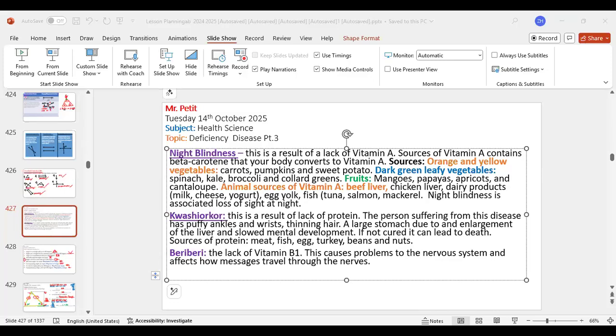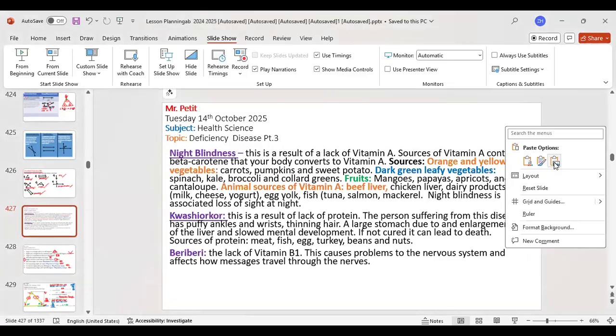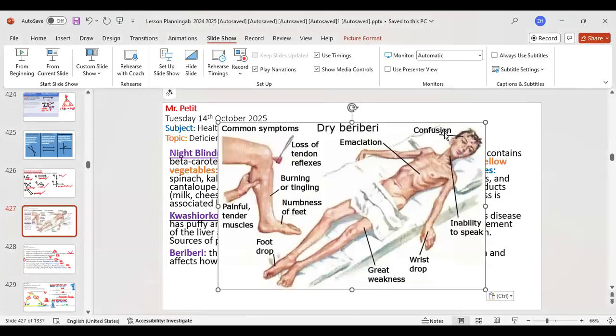And thinking. And you're actually slow. So there's a whole host of things, so y'all should just look it up for some more. But they have dry beriberi and they have wet beriberi. So basically, let me just show you all the picture so you could see. They can show you the symptoms too: confusion, wrist drop, weakness, numbness of the feet, loss of reflexes because of the nerves.